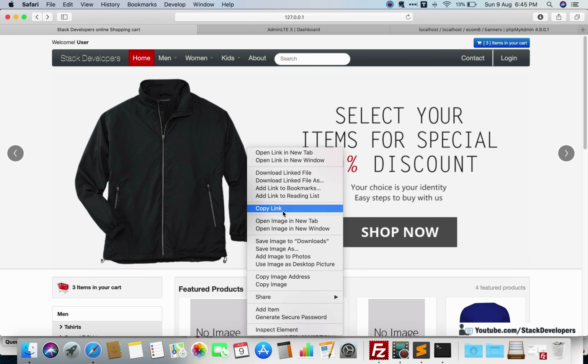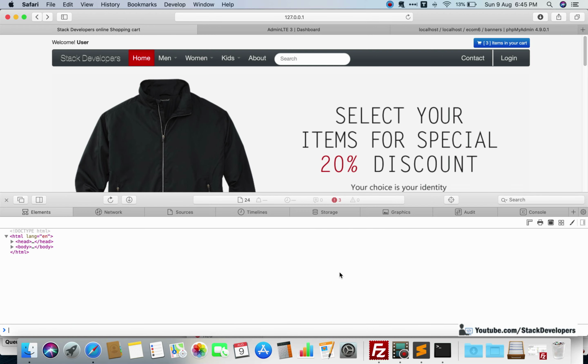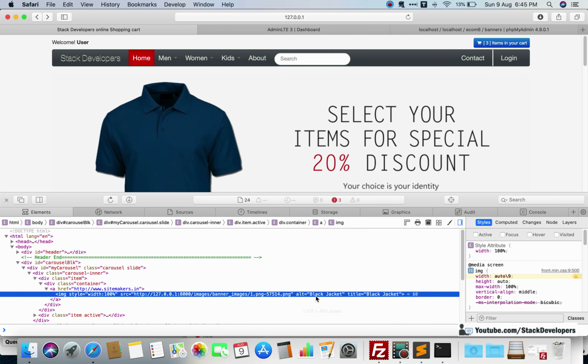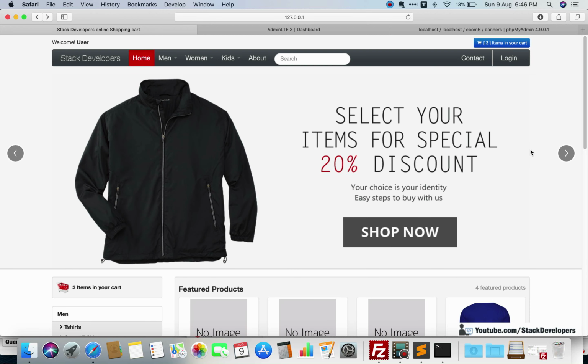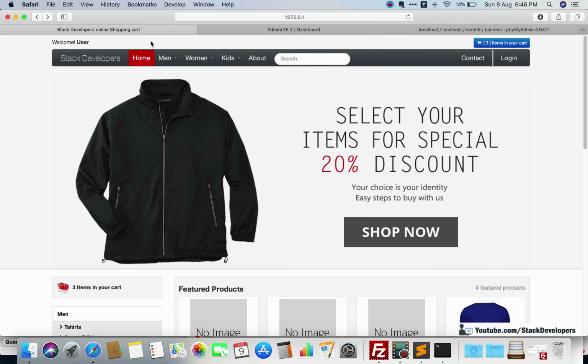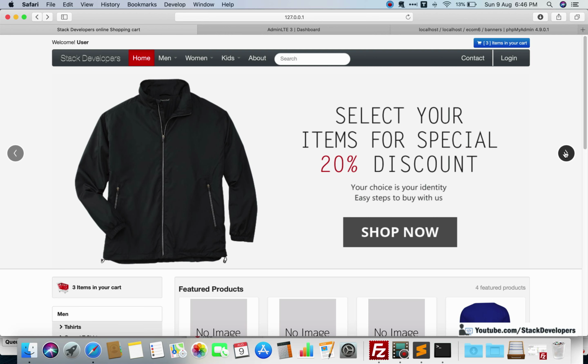And even if you inspect it, you can go and inspect this element and inspect this image. Here you can see the image name is coming, the alt tag is coming as black jacket, and the title is also coming as black jacket. Okay, so two images are coming, and if you disable the other image, then only one will appear. Like I have disabled one more, now only the black jacket will show. Every time it will show this one only. So see, only this image is there and nothing else.